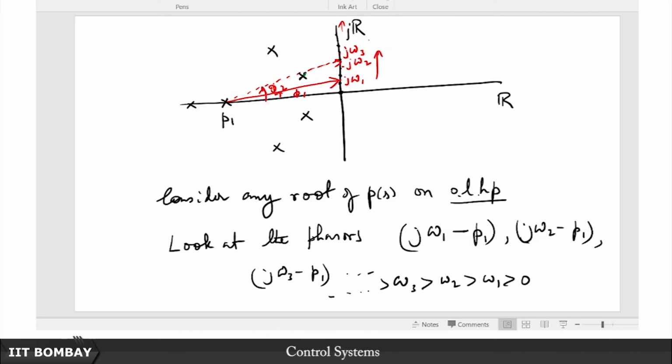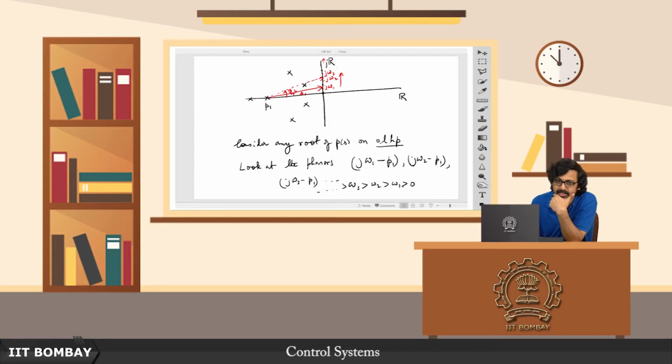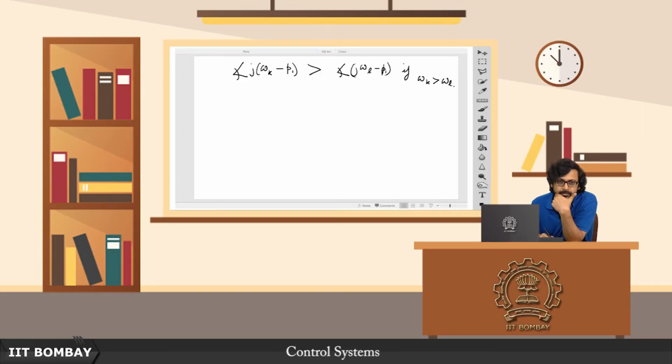As you go along this, you see what happens to this phasor. Of course, we are not concerned about the magnitude of this phasor. The magnitude also increases, but we are not bothered with that. We are focusing on the argument of this phasor. And what we notice is that as you go up, if your pole P1 happens to be on the left half plane, it keeps increasing. So this we can summarize as saying that this phase of j omega minus P1 increases